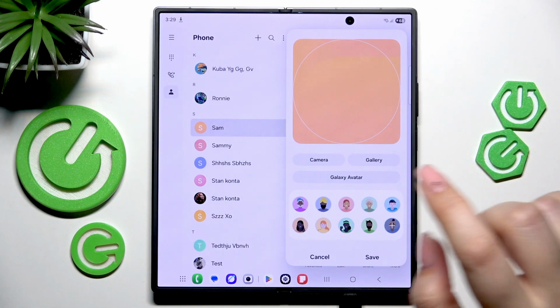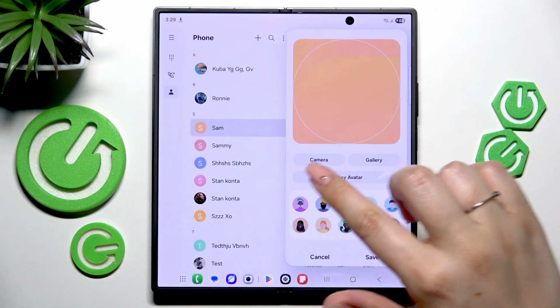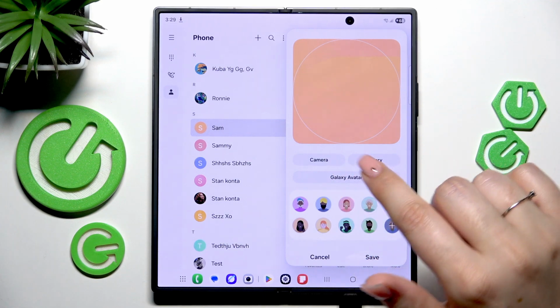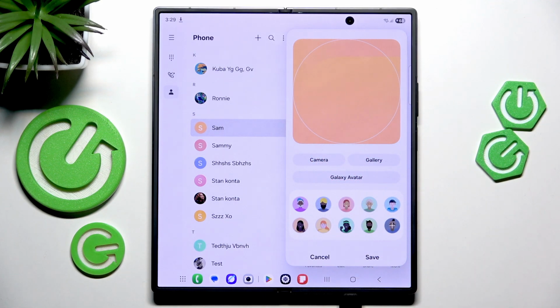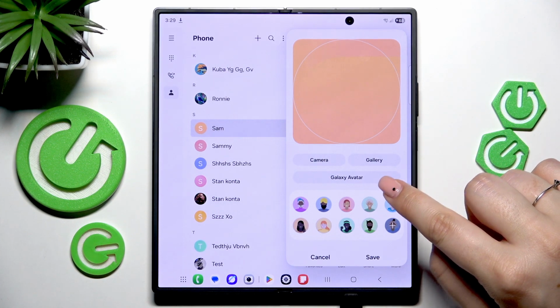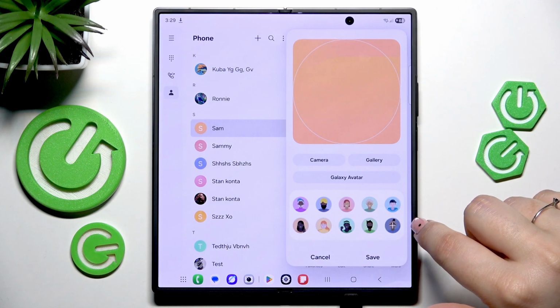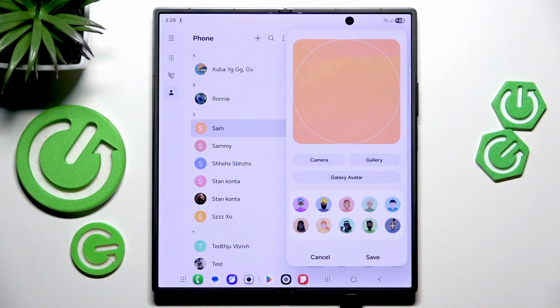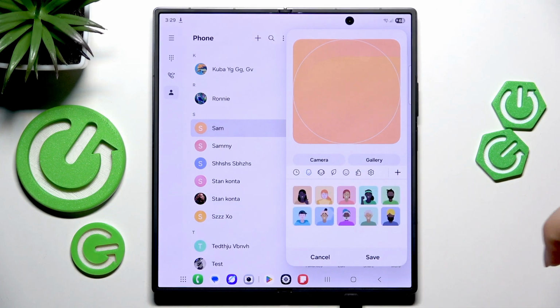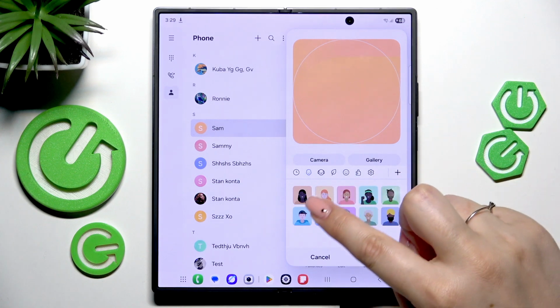And now you can either choose something from your gallery. You can tap on camera and your device will immediately open the camera app. You can also create the Galaxy avatar, or you can choose something from those presets and set them as a profile picture, which is a nice option if you did not have the photo of someone whose contact you'd like to customize. So let me choose something, tap on this plus icon,